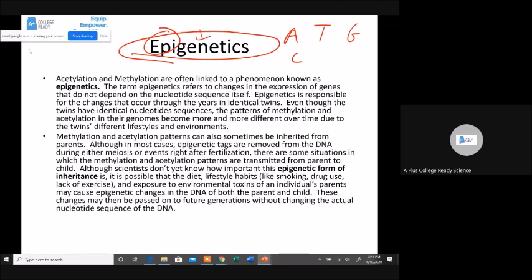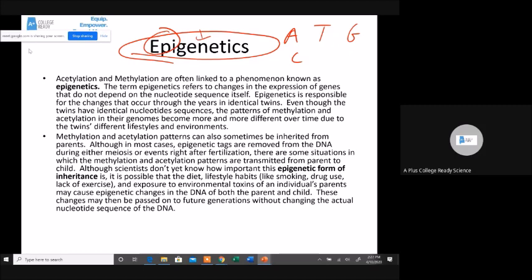And this can be due to the lifestyle of your parents. For example, if they smoked, certain genes you may inherit that are methylated that aren't supposed to be methylated. And that means that those genes never become active in you because of the lifestyle of your parents. This also can go on with bad exercise habits, bad eating habits, all kinds of lifestyle choices can cause certain